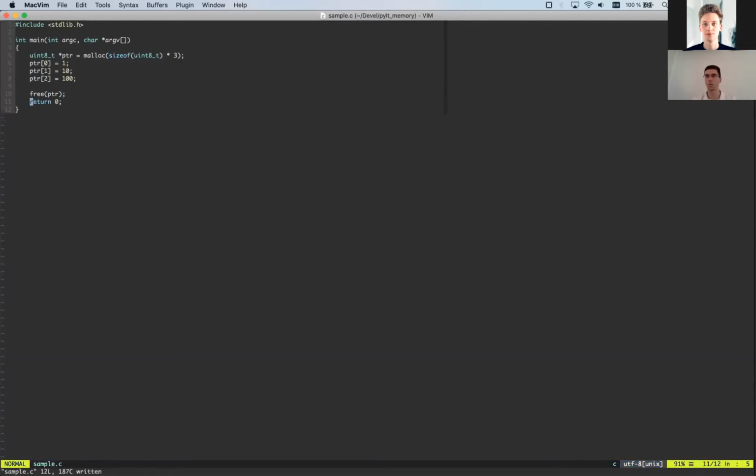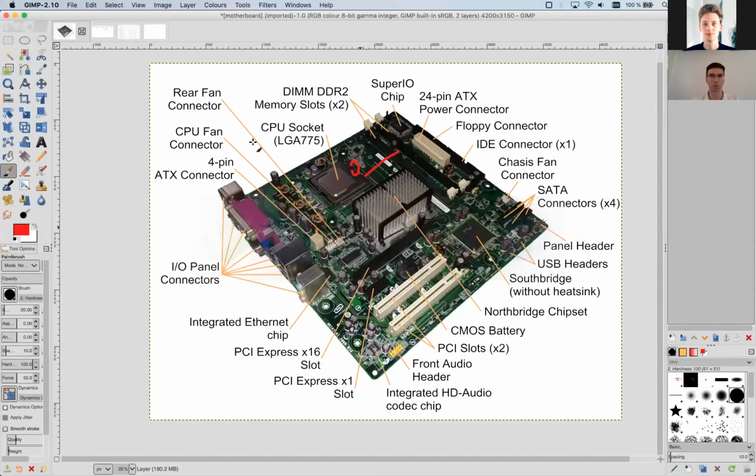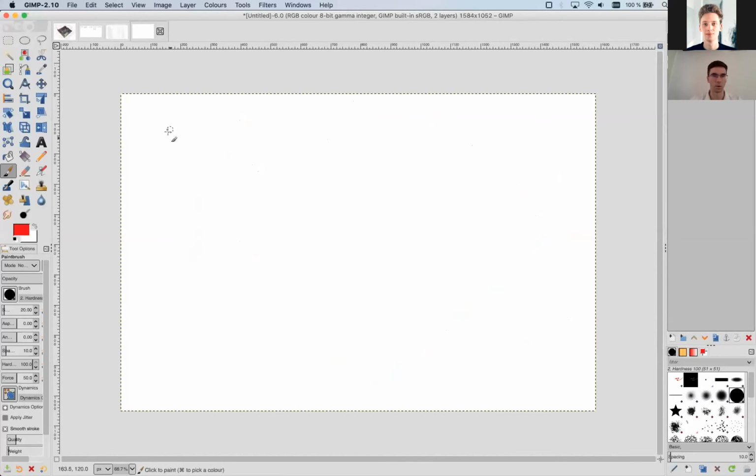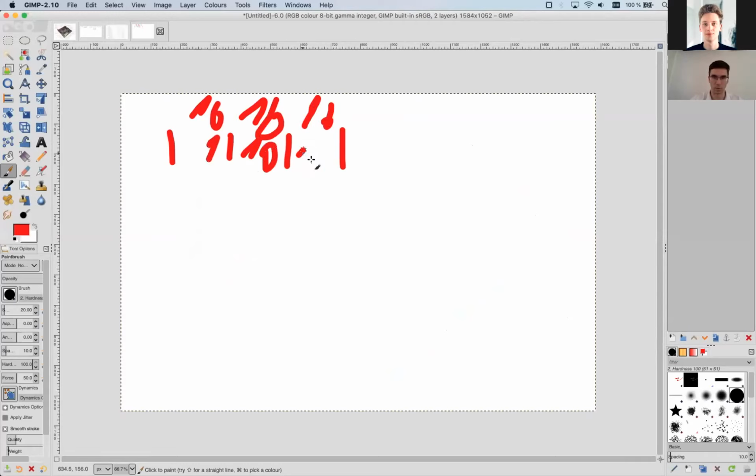So this is how you would ask for memory in C. It's very simple. You're saying, give me a chunk of memory the size of this. That's it. So what it does inside the memory, it just takes 1 byte, 1 byte, 1 byte, and stores 1, 10, and 100.